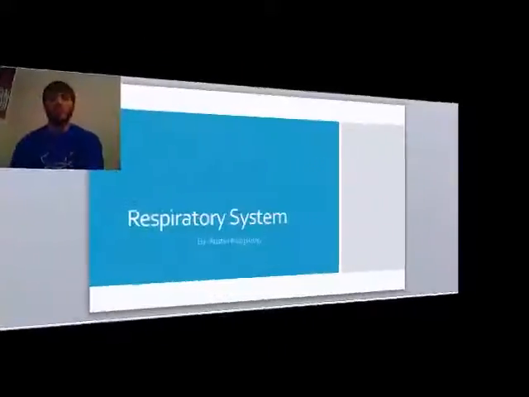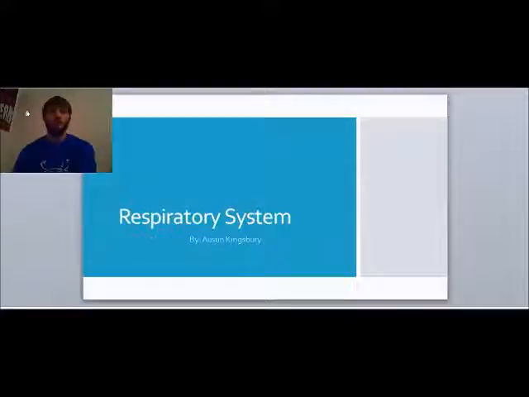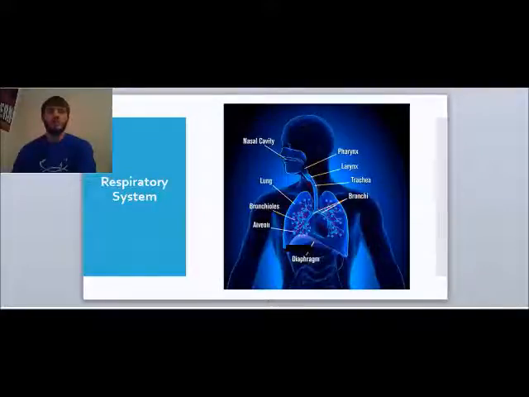Today we are going to be learning about the respiratory system. The respiratory system is a set of organs that allow a person to breathe and exchange oxygen and carbon dioxide